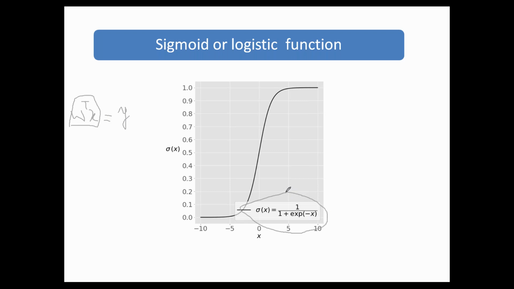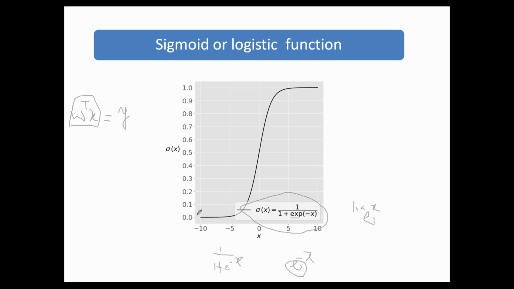This is the expression for the logistic function. See carefully, it is 1 by 1 plus exponential, where this exponential means e power minus x. Here e is the natural logarithm base value. We know what e is. In the natural logarithm, you take log to base e. So it is 1 by 1 plus e power minus x. This function you will utilize here.